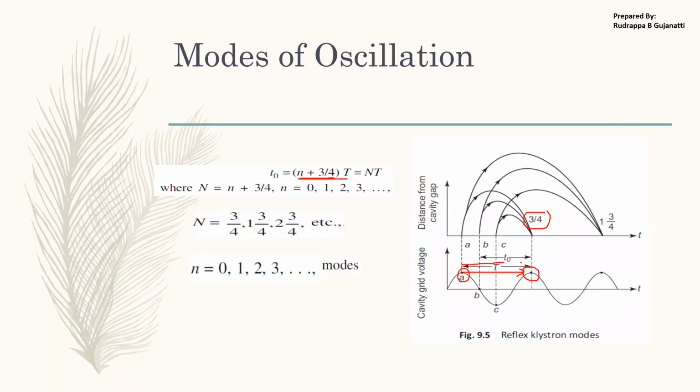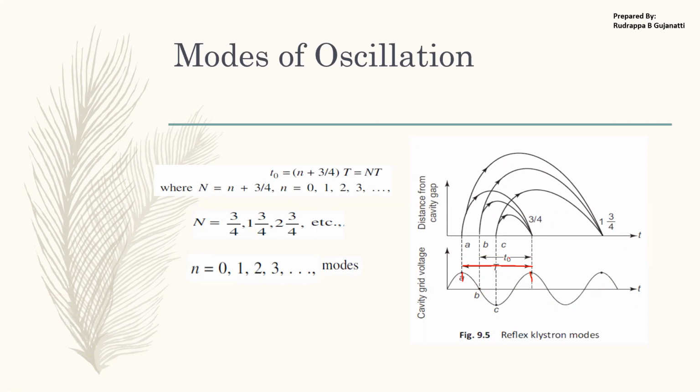Next bunching for maximum output is possible after some period. If you see here, after some time duration, it is available. Similarly, in the next time duration, the next positive peak comes in. So in the next mode, the interaction can happen at this point. If this is the time period,